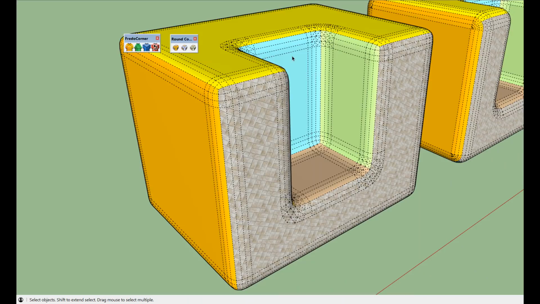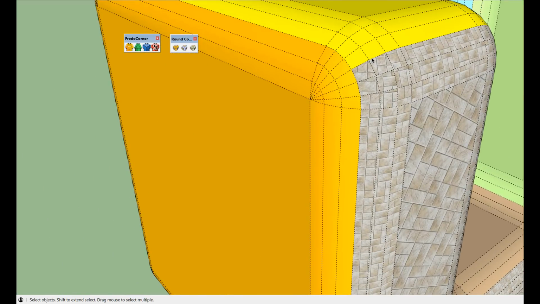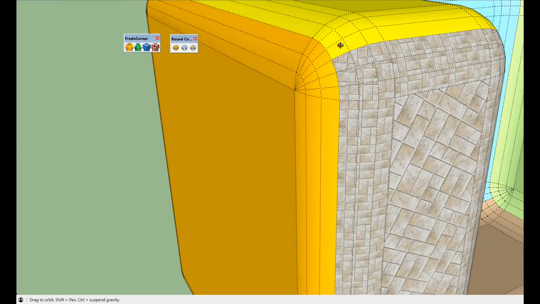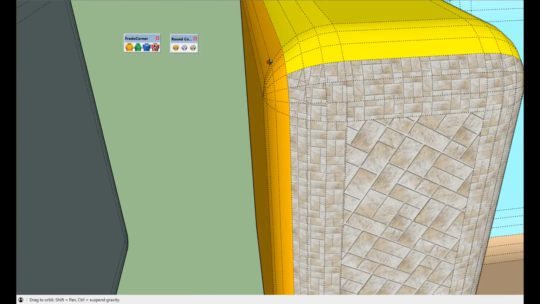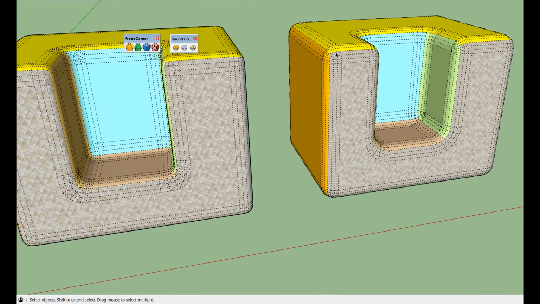A second difference is about the shape of the corner. In Round Corner, the shape of the borders and corners is based on an arc of circle, so this actually is a circular shape.